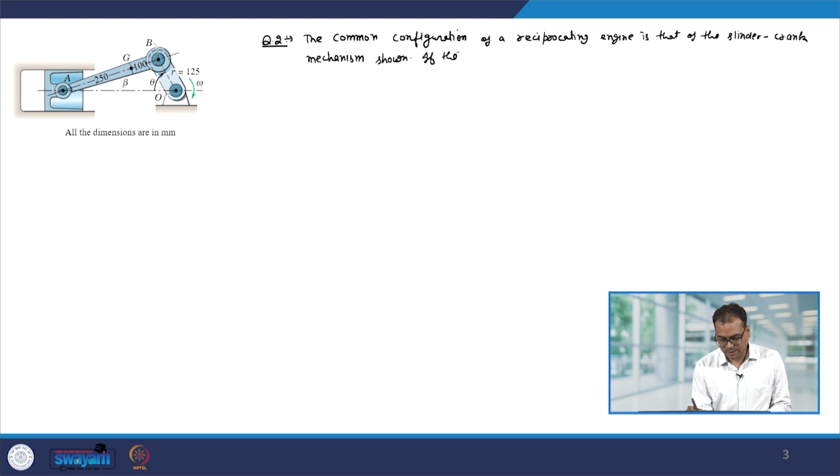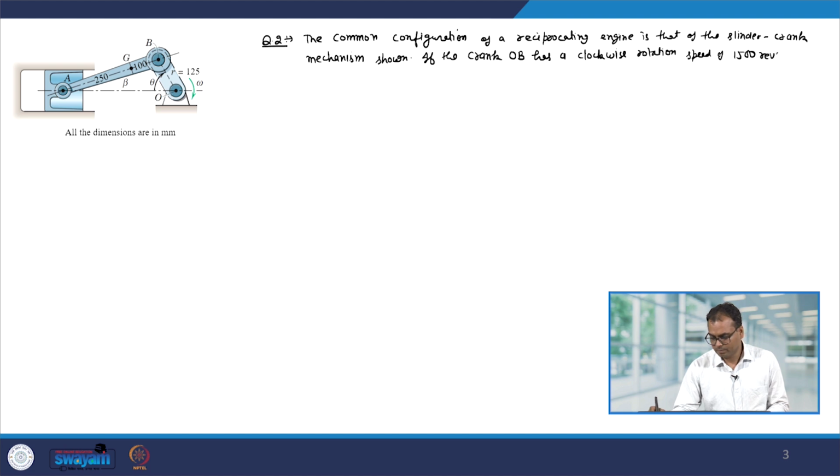If the crank OB has a clockwise rotation speed of 1500 revolution per minute, determine